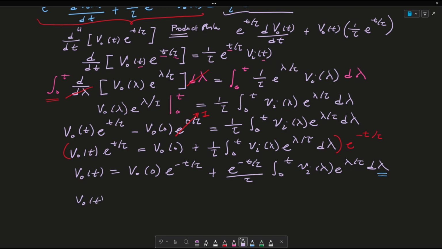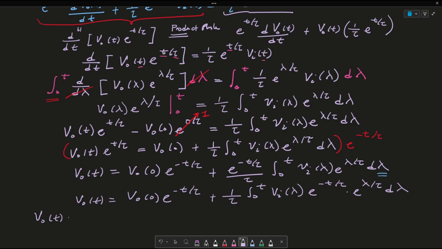And so I get v out of t equated to v out of 0 e to the minus t over tau plus 1 over tau integral from 0 to t of vi of lambda e to the minus t over tau times e to the lambda over tau d lambda. And so lastly, v out of t is equated to v out of 0 e to the minus t over tau plus 1 over tau integral from 0 to t of vi of lambda